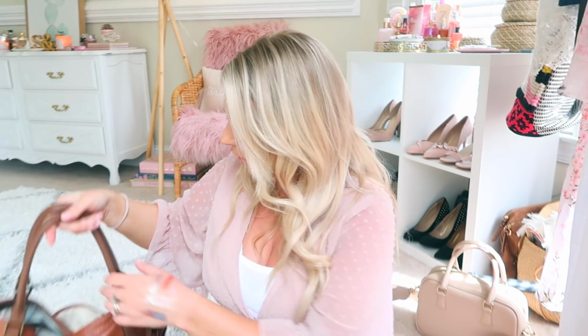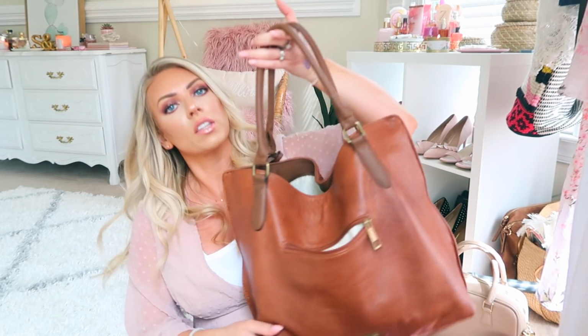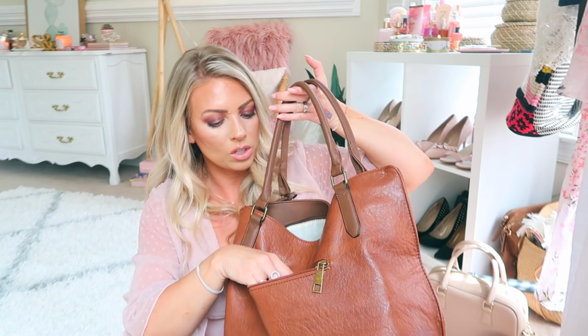The straps are a perfect size because you can just throw them on your shoulder, but then you can also carry it like this. But it's really heavy right now, so it has a lot. I also love the fact that it has this big huge pouch on the back here, which is usually